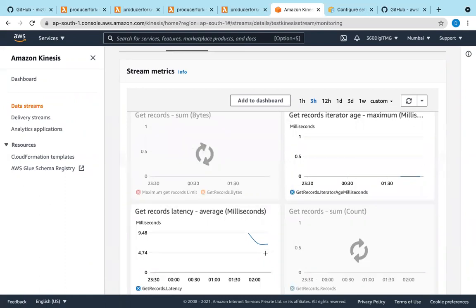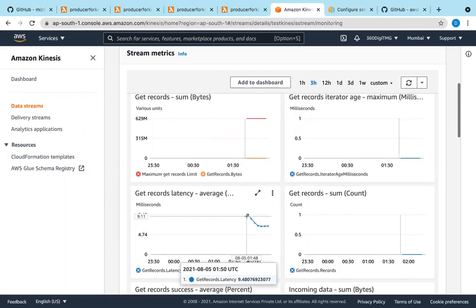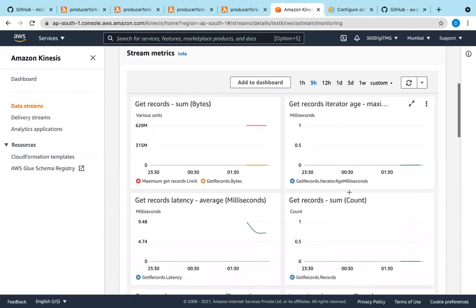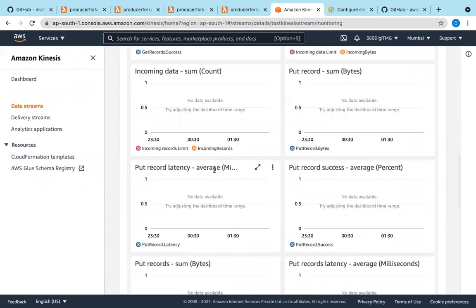Yeah, get records is happening. Some get record happened. The latency, right? Get records means Firehose has to get records from here. So get records is happening. And then get records, iterator age, only reading. Let's go and see put record latency.